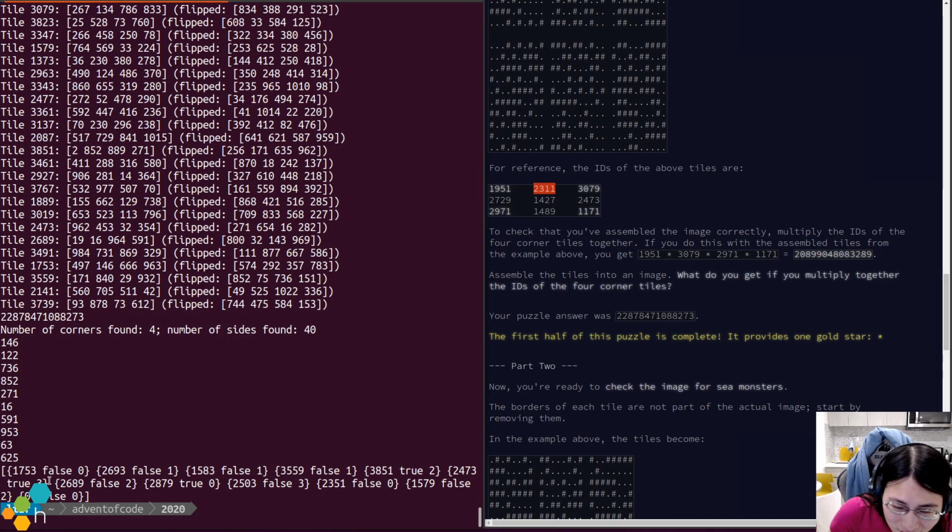All right, so now that is actually generating a proper sequence, which is good.